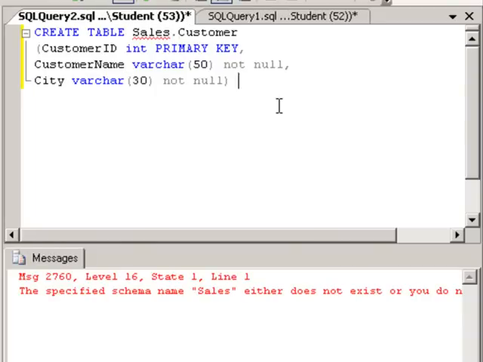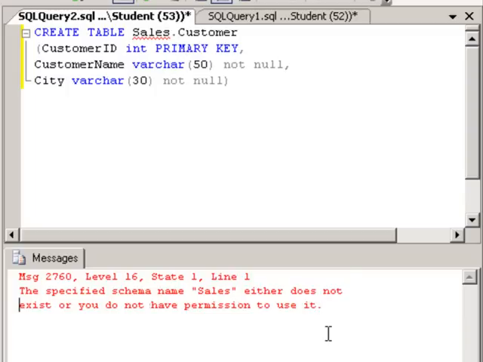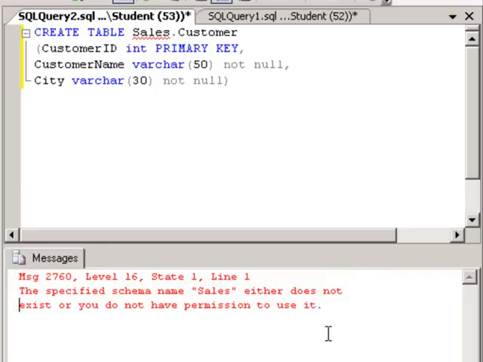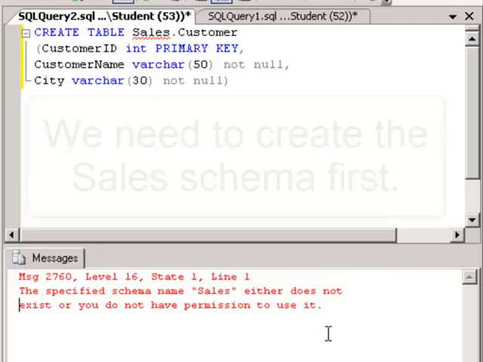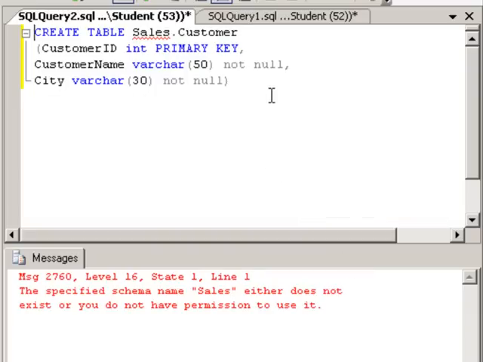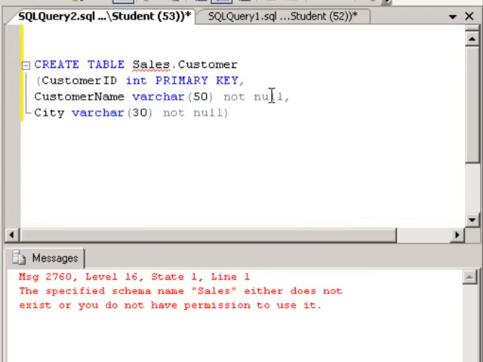And it says, hey, okay, you are trying to create this table in the sales schema. Now, you either don't have a sales schema or you don't have permissions. Now, I'm a system administrator, so I know I've got permissions to everything. So this tells me, you know what? If I'm going to put a bunch of tables inside of a sales container or a sales schema, I better have a sales schema. So, before we create this table, let's get ready for a bunch of tables just like it by saying